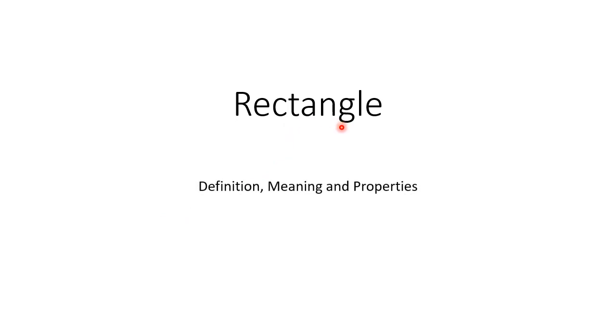So let me go to the section. Today we are going to see what is rectangle and the definition of rectangle and some of the properties of rectangle. First, rectangle comes under the concept called shapes. There are so many shapes and one of the shapes is rectangle, which we are going to see in today's section. So first let me explain what is rectangle.